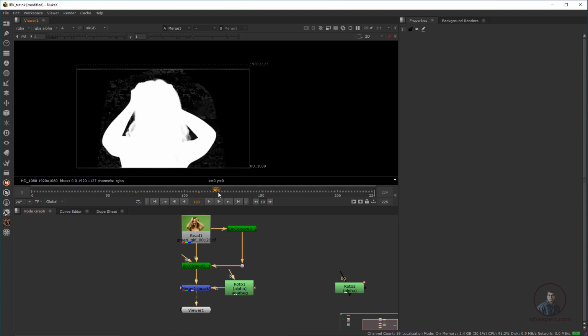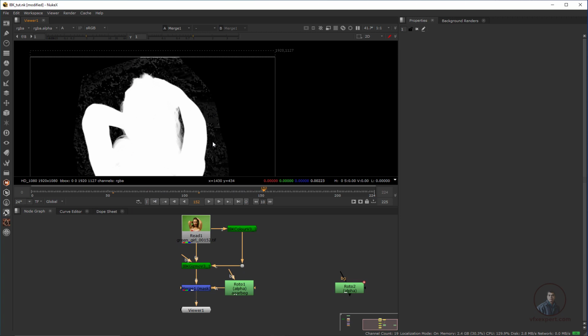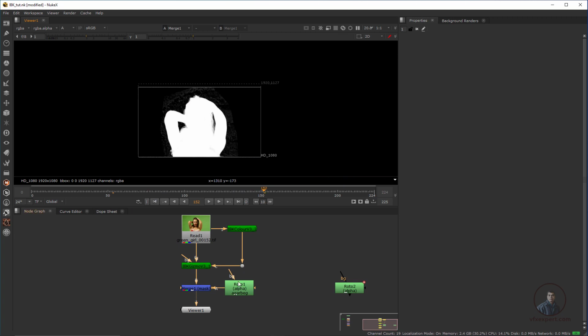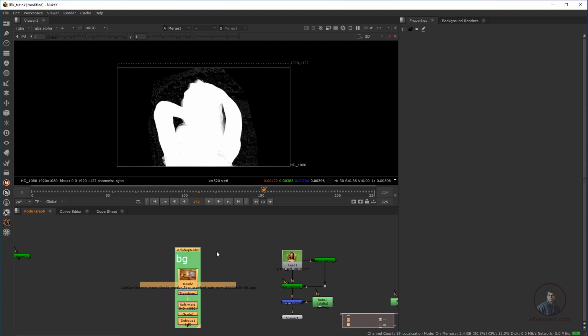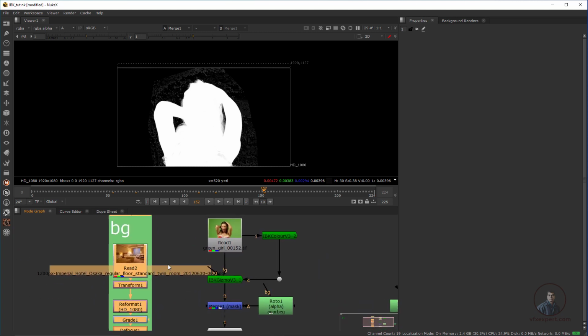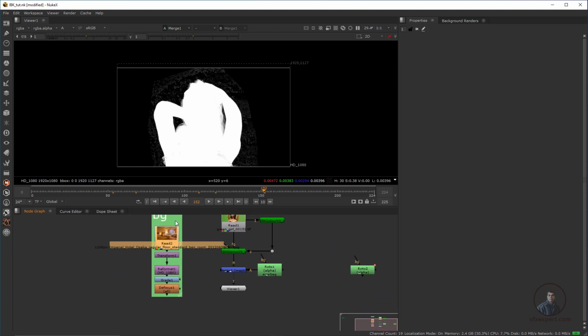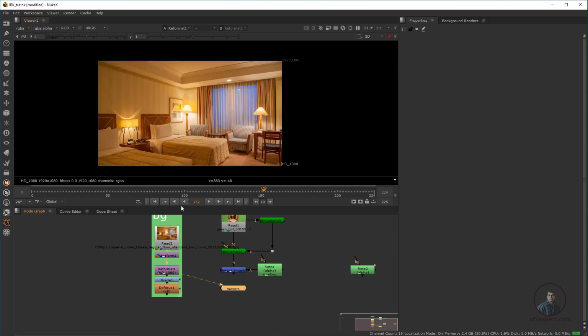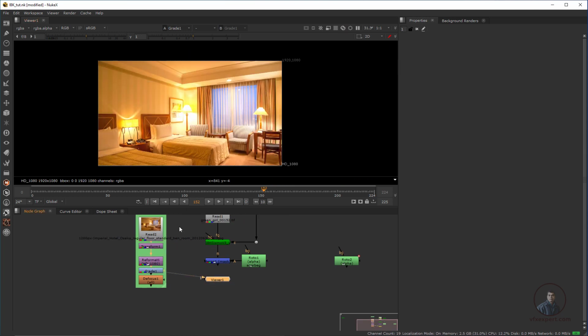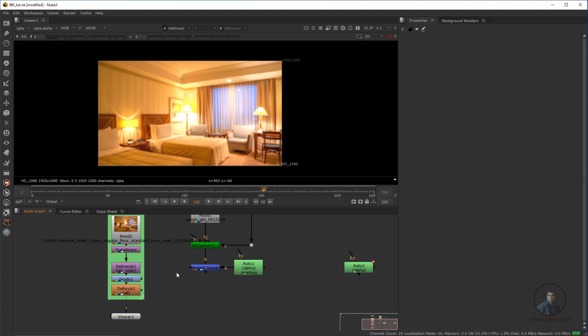Now after this, what do we have to do for these grains here, because we have to remove all these grains. If you want to test your composite, then you can composite. So take your background a little bit. Here you can see I have taken our background. Then after this, reformatted, then maybe a little bit, I have adjusted some gain, then maybe defocus. Okay, so if you want to check, you can composite.